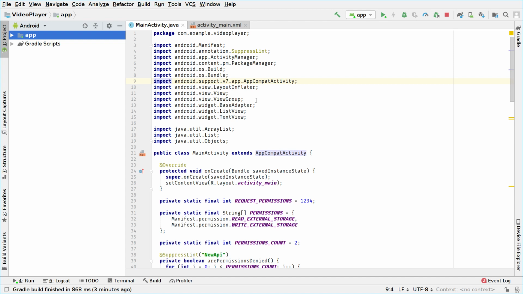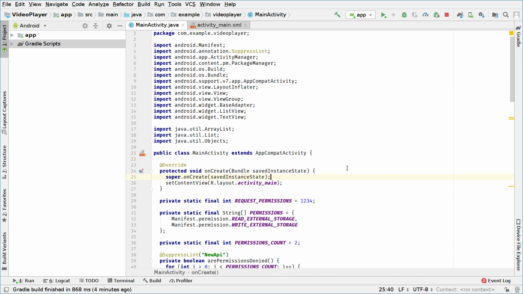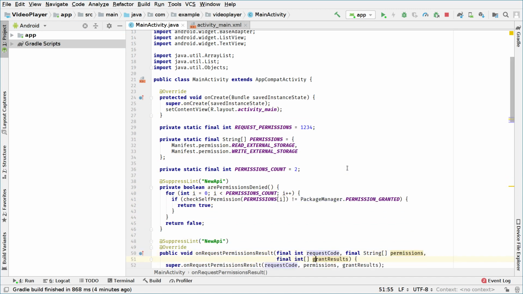In the previous tutorial, we created a list view with indexes that goes from 0 to 99. In this tutorial, we will actually list the files and add the video files to the list view. To do this we go to our MainActivity.java file,